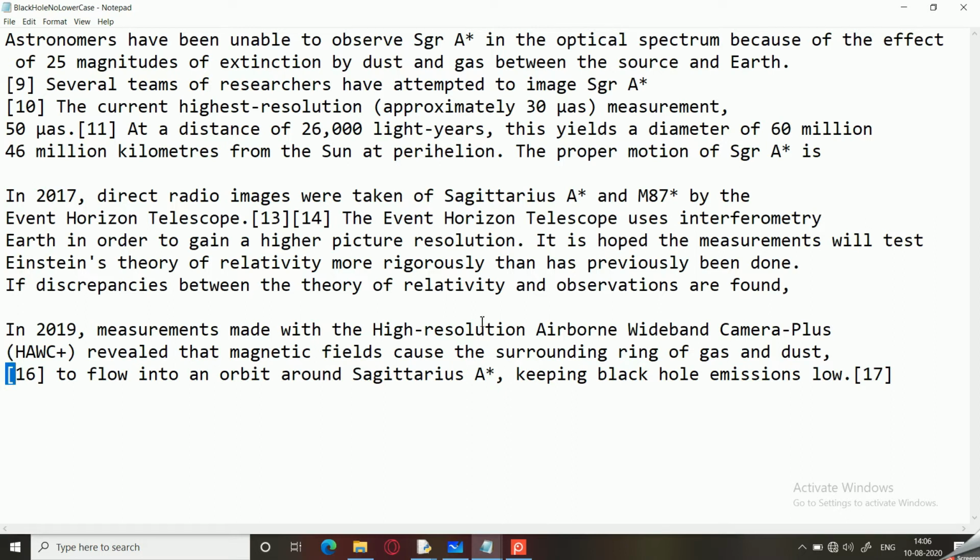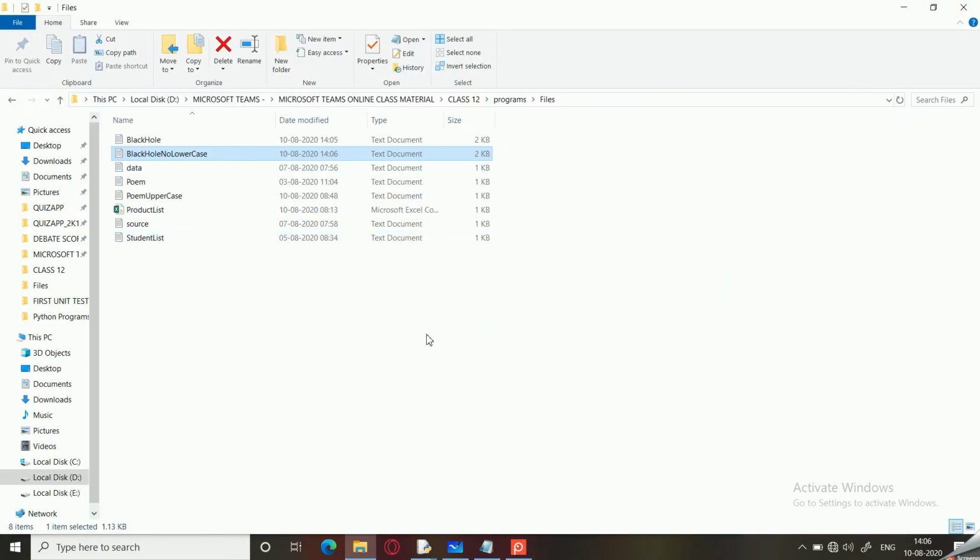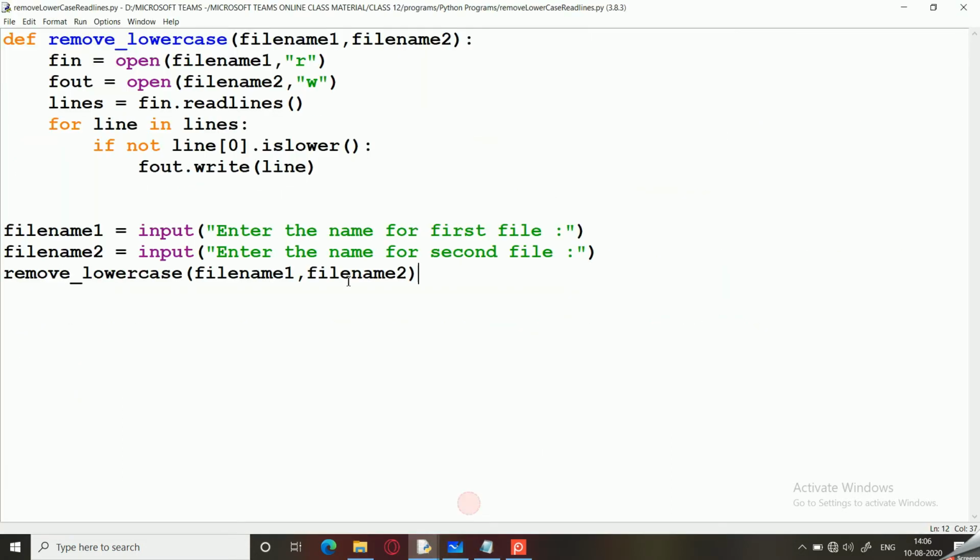So all those lines which start with a small letter are removed from this file. So we complete this program over here.